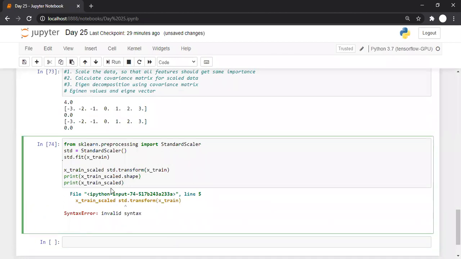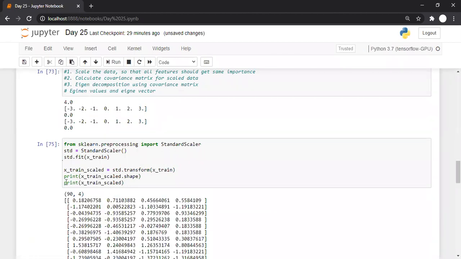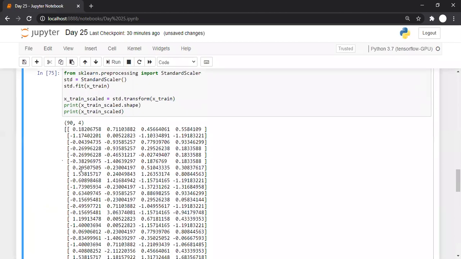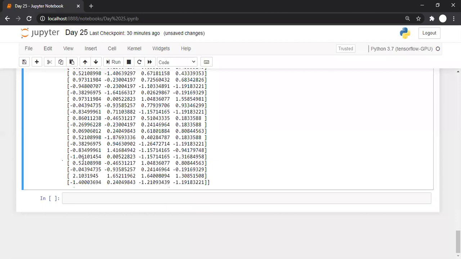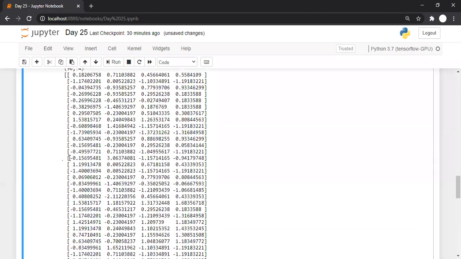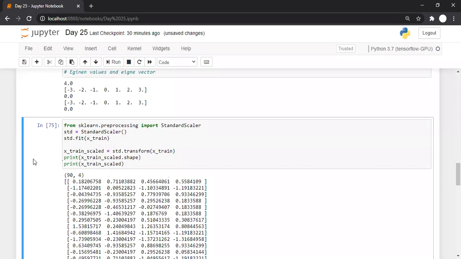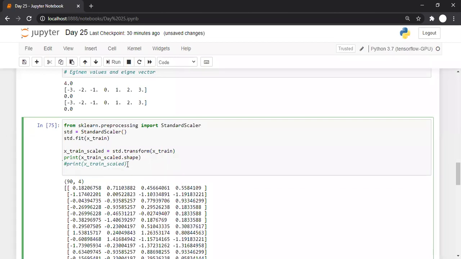I forgot this equal to sign. See, the dimensionality of training data is the same. That is, number of rows are 90 and number of columns are 4. But now you can see the data. Some values are positive, some values are negative. And from our explanation, we know that the values which are below average are negative and the values which are above average are positive. And let us do this thing.